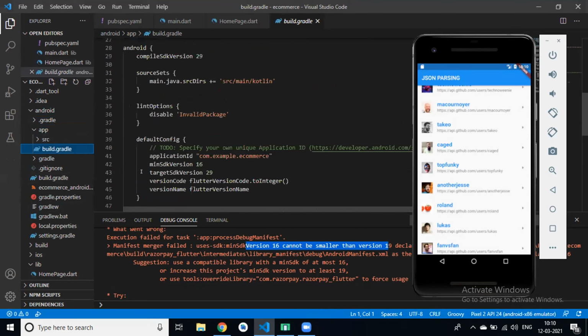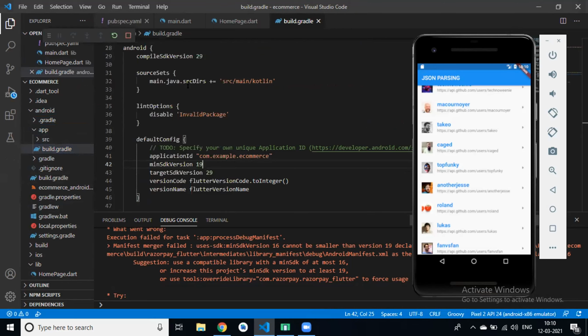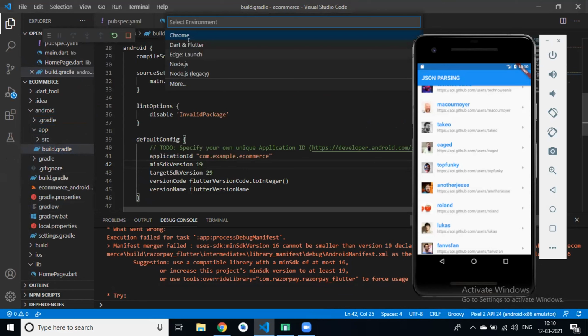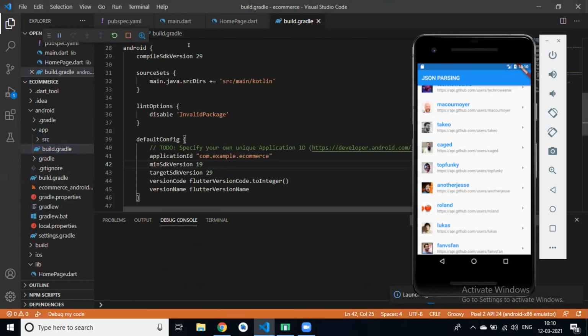So where is our minimum SDK version? This. So now we have 16. First we have to change the minimum SDK version to 19. Then again run start debugging. If you face the same problem in your project, please change this in any project.